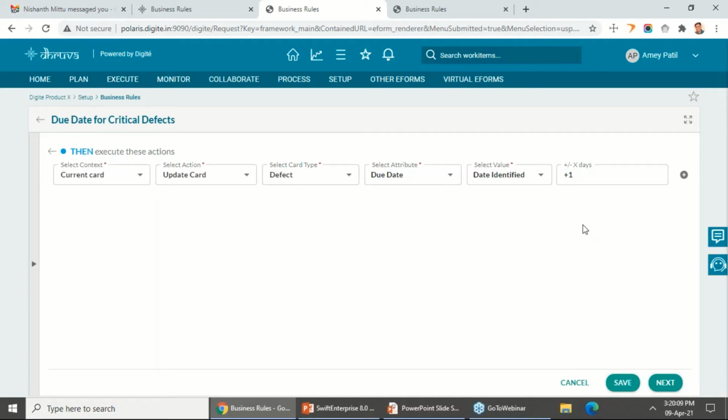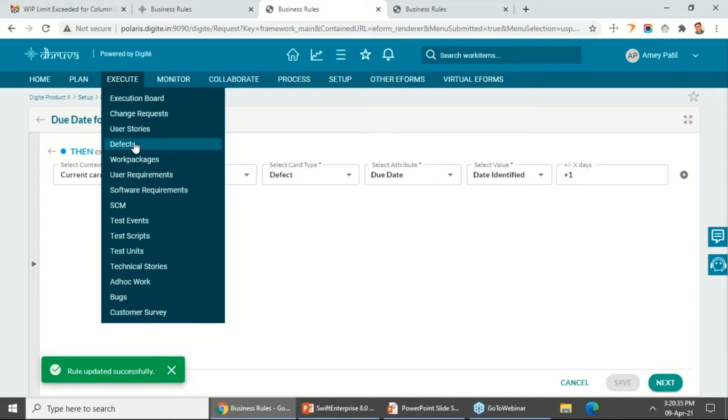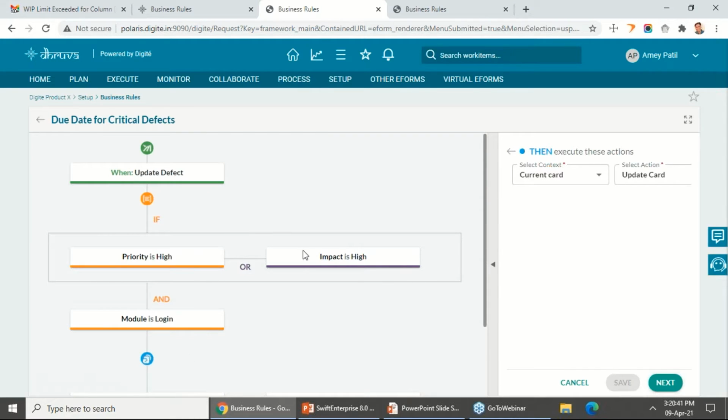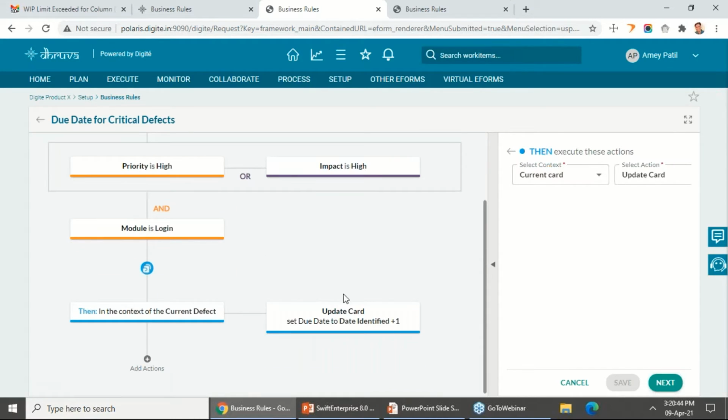So this way I can say that my due date for a high priority defect can be the next day on which it has been identified. So you have these options for date identified kind of fields or number fields in case of rank or any other number input field that one may have as part of the work item. So here I'll say save. And again, if I go to any of these defects, I'll have a quick look at the visual map saying that if priority is high or impact is high and module is still login, it should set the date identified to +1. So let me go back to defects,